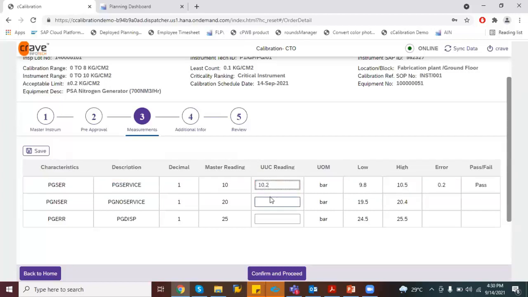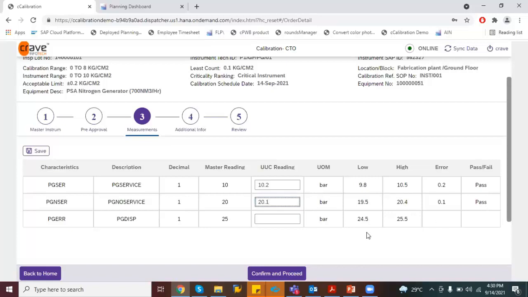If the entered reading is outside the limit, it will display it as a fail. So at runtime, the user can check whether they have entered it correctly or not. Many times, the user gets the actual proper values from the instrument, but due to a typo or some error, they enter the wrong values. To avoid that, at runtime it will display whether your results are pass or fail. In the same way, the user can do this for the remaining points.